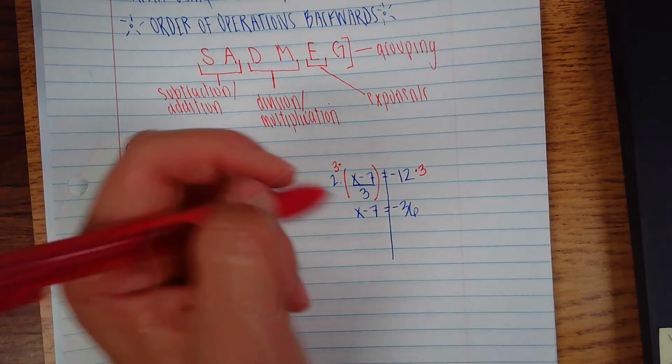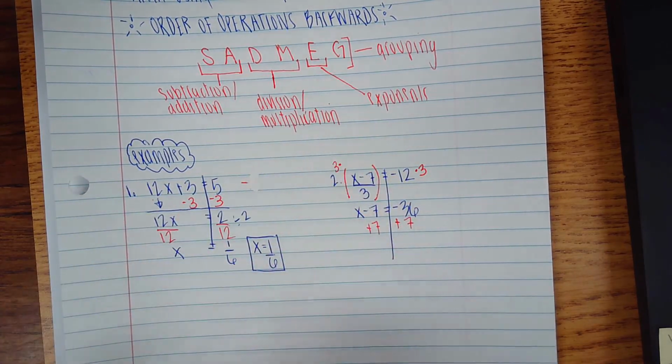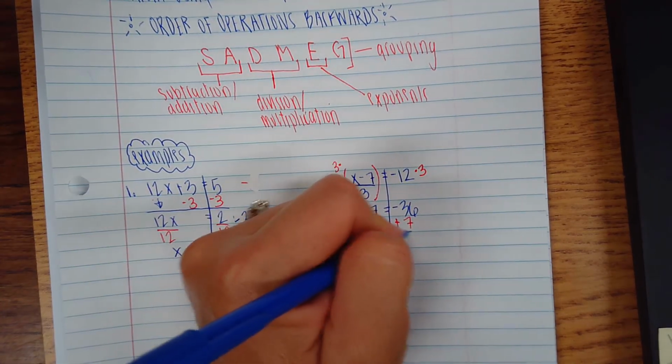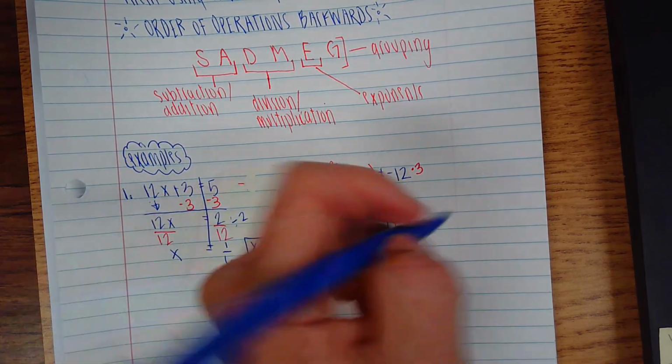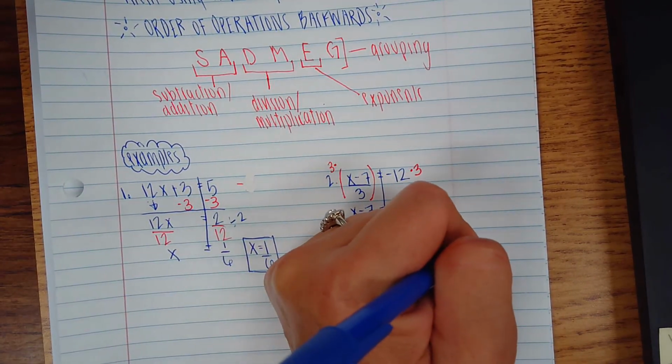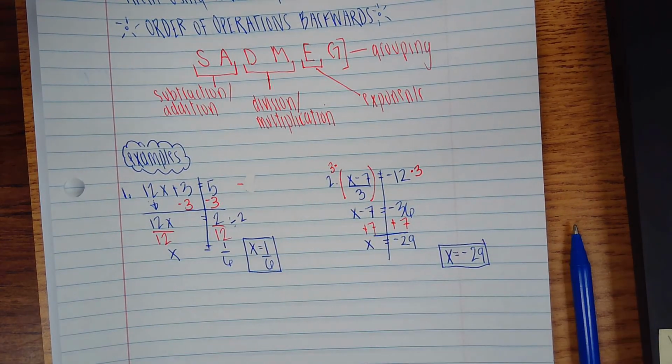Then I have to add 7 to get it by itself, and add 7. And I'm left with x equals negative 29. So x equals negative 29. All right. We will do a couple more problems,